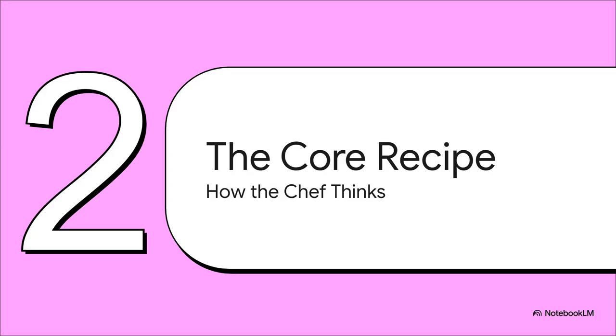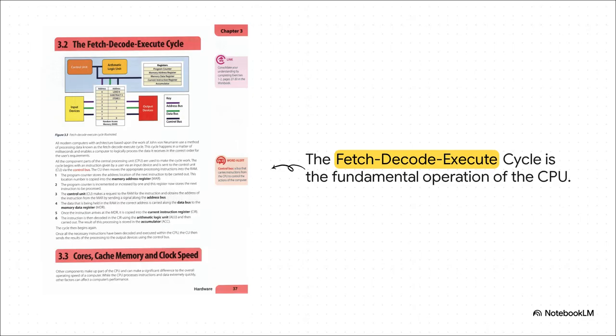All right, so we've met our chef, the CPU, with its brain and its hands. But how does it actually know what to do? I mean, how does it take an order and turn it into a finished dish? Well, it all comes down to this really fundamental core recipe. A simple three-step dance it does over and over. And here it is. It's called the Fetch-Decode-Execute Cycle. I know it sounds a little technical, but trust me, this is the absolute fundamental heartbeat of any